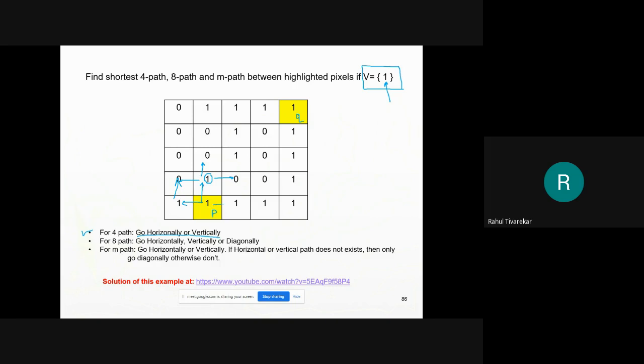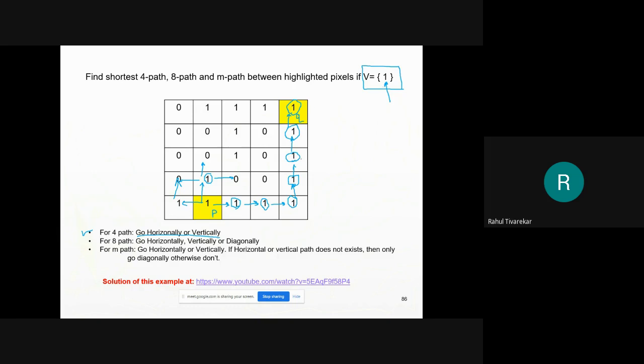So let's find on the right side whether this is a 4th neighbor and part of V. Yes, so collect it. This is a 4th neighbor and part of V. Yes, then collect this also. This is also a 4th neighbor and part of V. Yes, collect this also. Yes, collect this. This is a 4th neighbor of that and part of V. Yes, collect it. Then for this one, is this a 4th neighbor and part of V? Yes, collect that. And this also. So we reached from pixel P to pixel Q, collecting all the intermediate pixels which are part of V